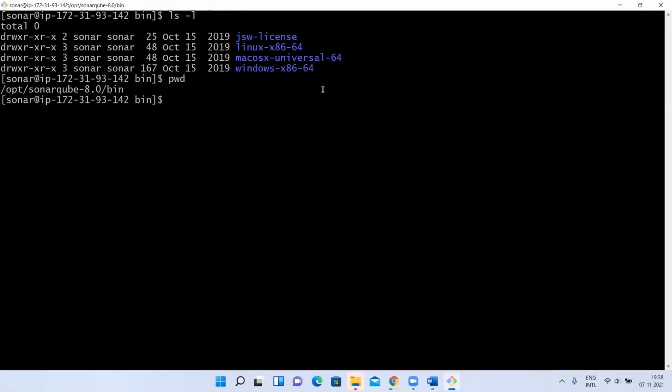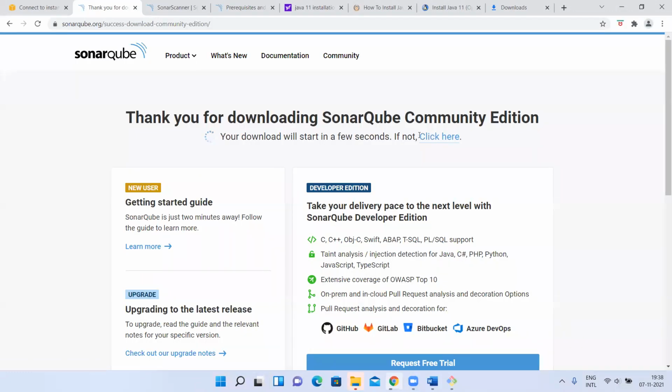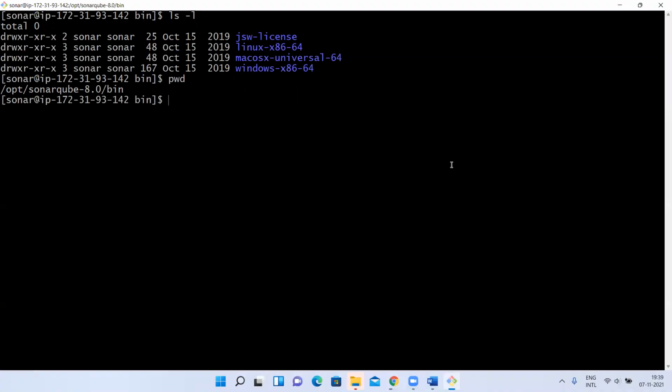Guys, this is a very important point. At the starting of SonarQube, I said SonarQube is open source and it supports all the operating systems, and the same software can be used in all of them. The community edition software we downloaded can be downloaded with the same SonarQube URL on Linux, Windows, or Mac, anywhere. Same software. Whatever you download, it will have this.